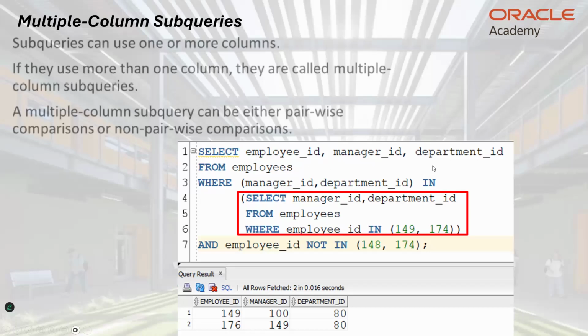Here we have employee ID, manager ID, department ID, where manager ID and department ID are in manager ID and department ID. Now, do you need to run a query like this? If you read through this query, it's very confusing, but we're trying to represent the idea of pairwise, and pairwise just means that columns are basically paired. And we're running something pretty odd here because our inner query is just selecting manager ID, department ID from employees where employee ID is in